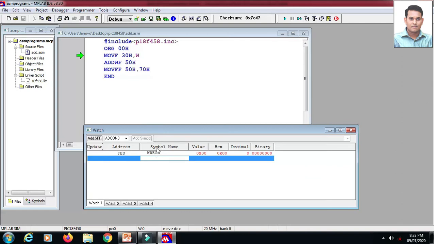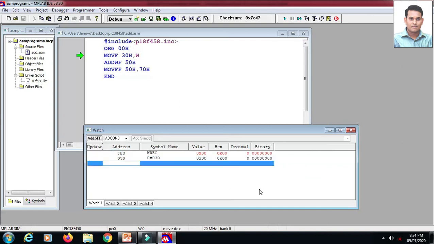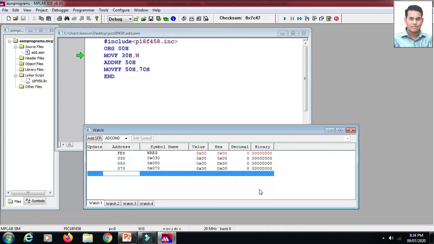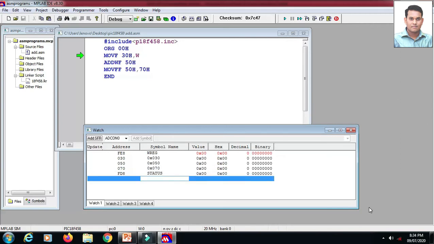Here I have the address of the RAM location, so I will not type the address in the symbol name. I will click on address. Here I will type 30, press enter. Again I will type 50, press enter. And then lastly, to check the result, I will include the 70H RAM location. And lastly I need to check the status flags, so here I will bring the status register.